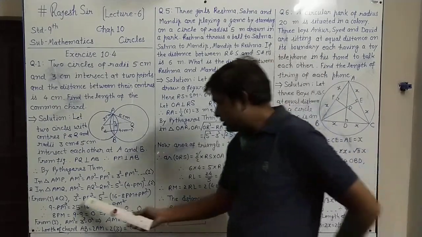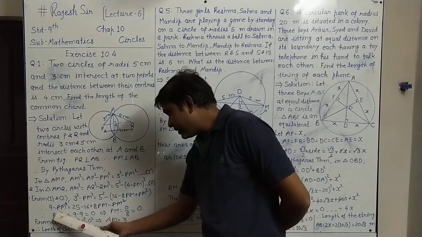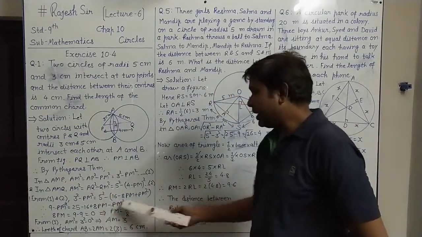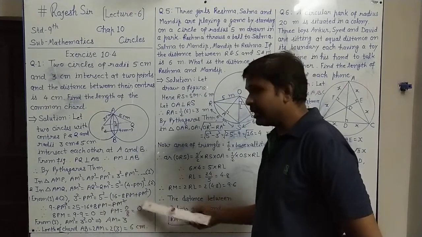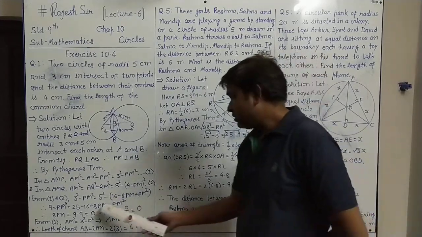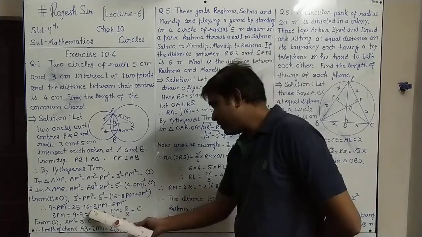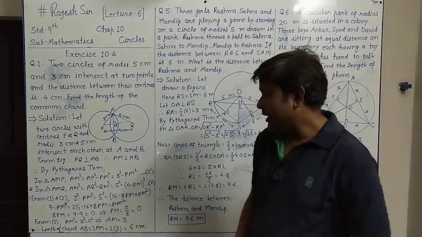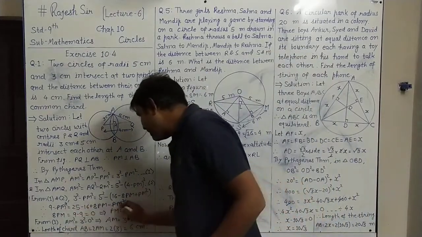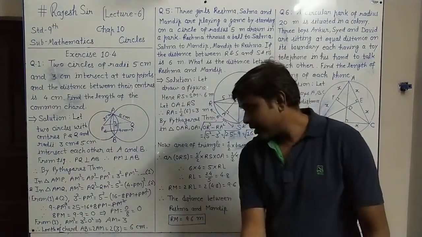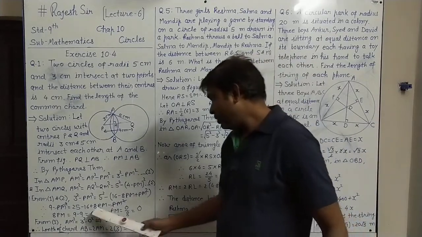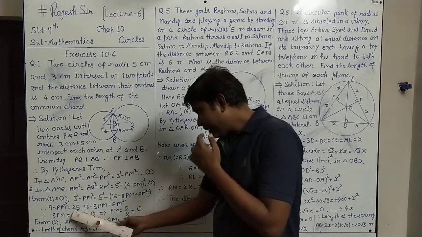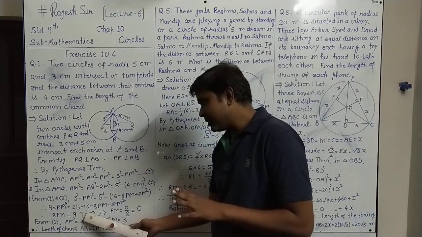Now simplify this. 3 square is 9 minus PM square as it is, equal to 5 square, 25, minus sign here before the bracket, outside the bracket. So in the bracket all the signs will be changed. This will be minus 16, this will be plus 8 PM, this will be minus PM square. Next, by simplifying, minus PM square on both sides is cancelled, right? So what we have on the right is 8 PM, and with that on the right we have 25 minus 16. 25 minus 16 is 9.